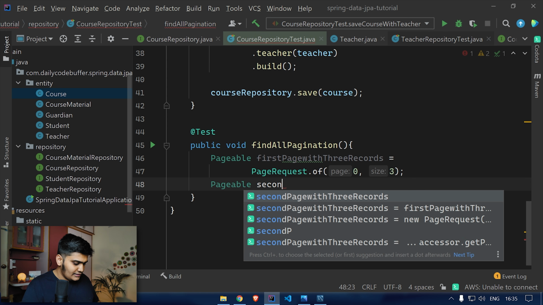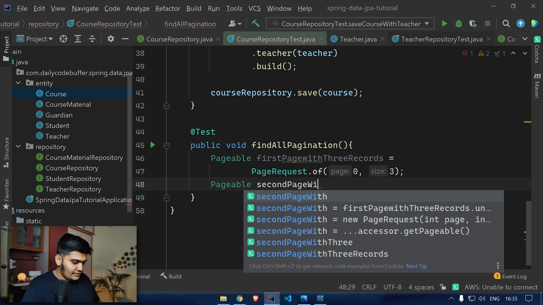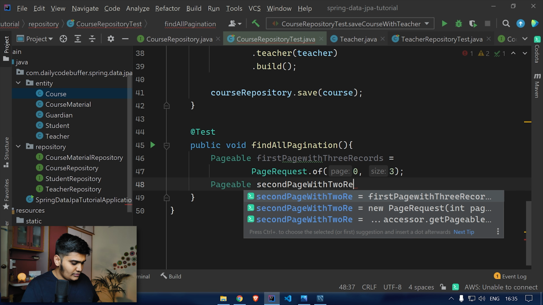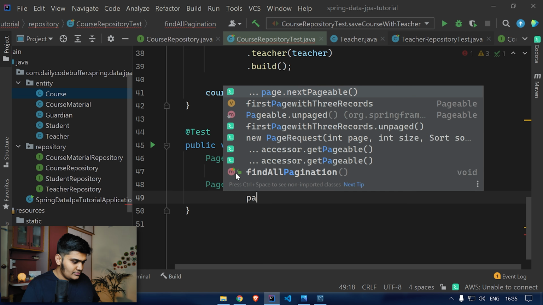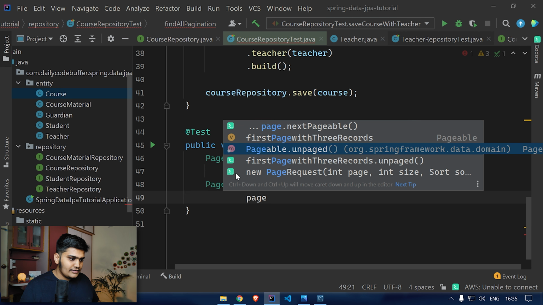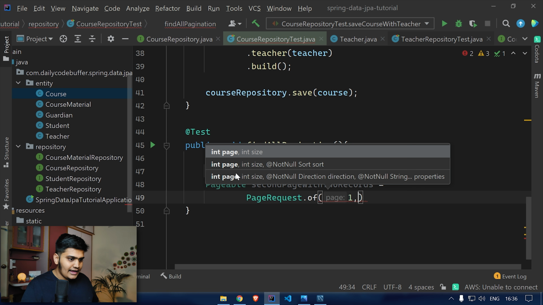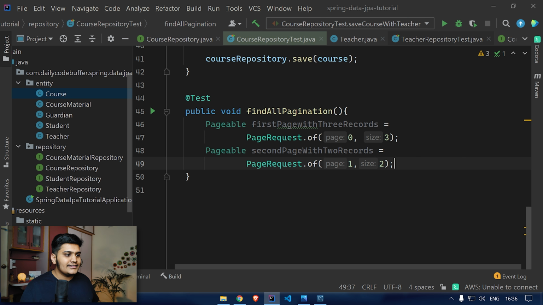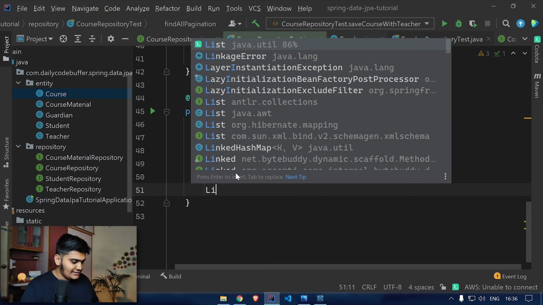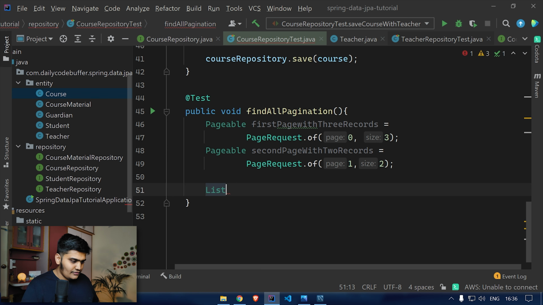I'll say second page with 2 records equals to page request dot of. I'll say second page, that is first, and I want 2 records. I just created this particular object over here. Now I need the list of courses available for this. So I'll just say list of courses available